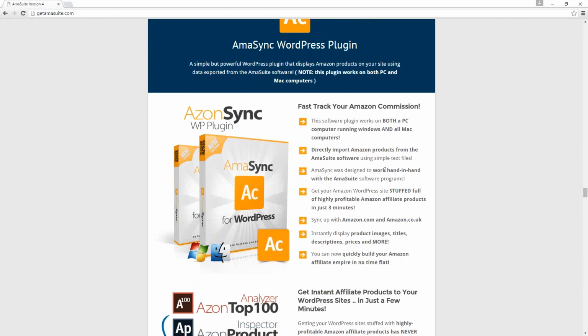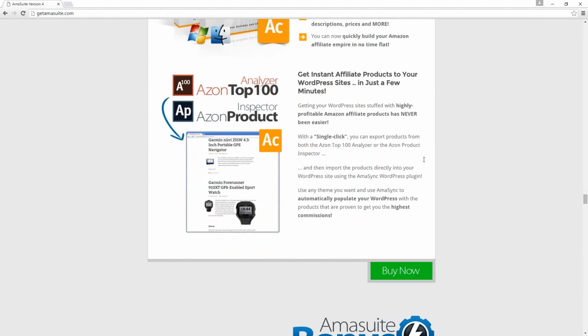Then it looks like you would export that information, import it into the Amma Sync plugin, and I can't tell for sure, but it looks like it is creating complete pages based on those Amazon products.